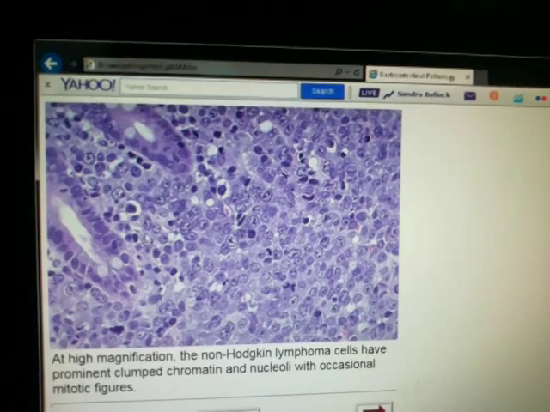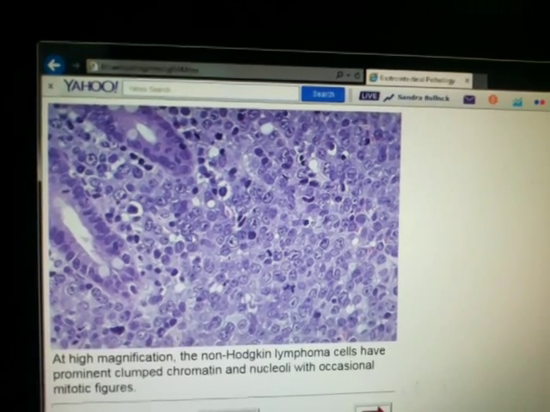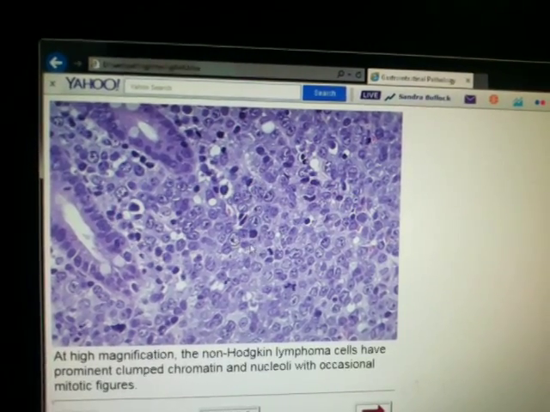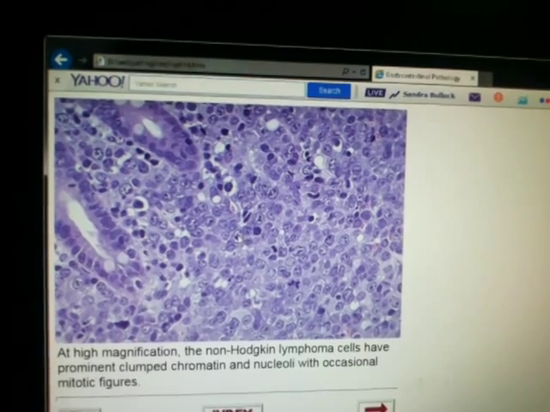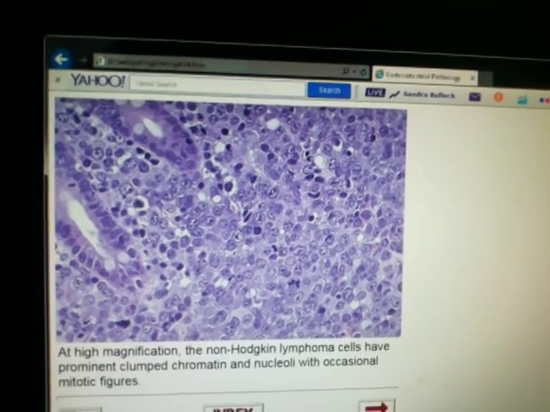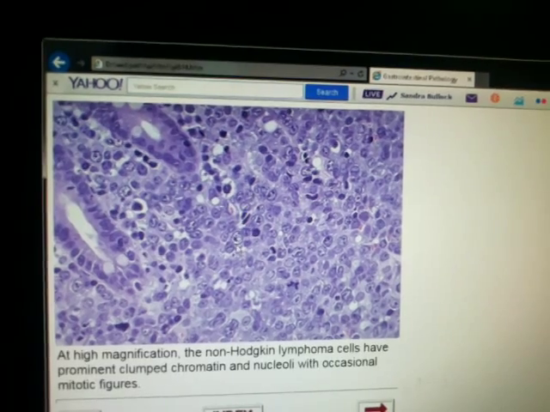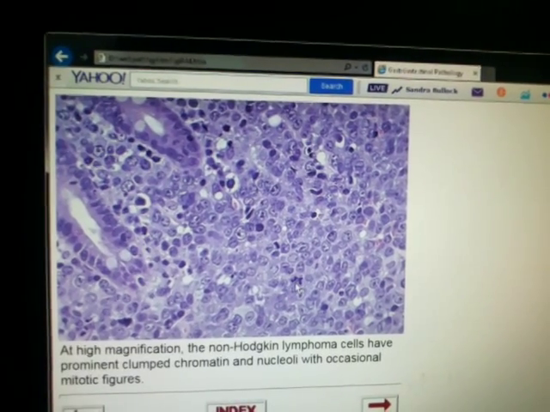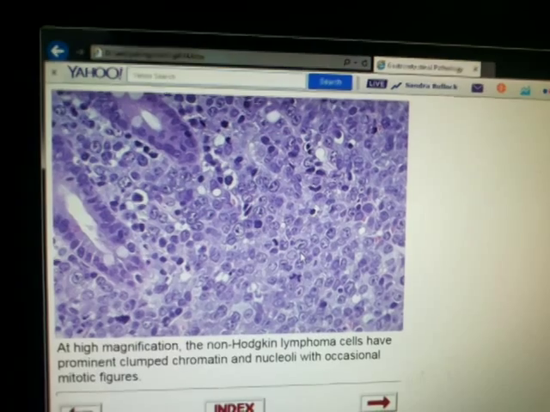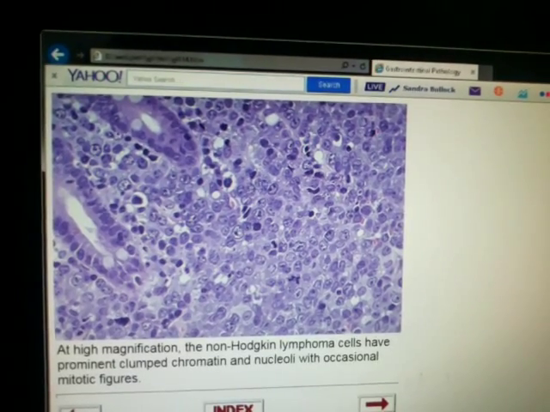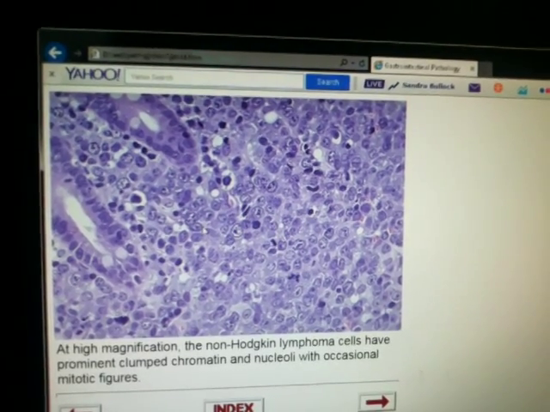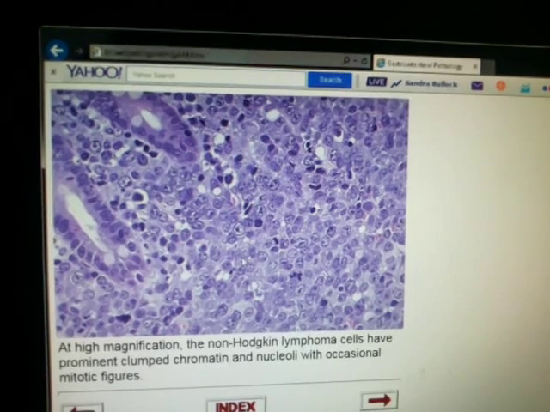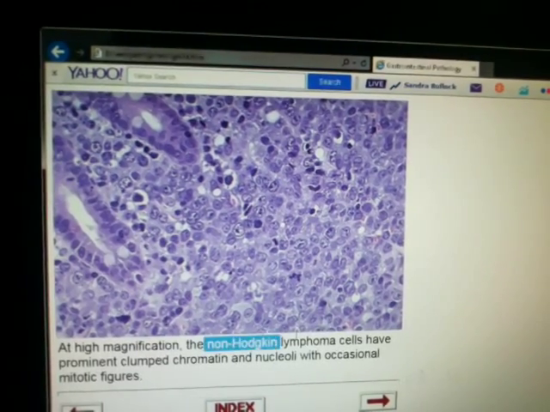This is the higher magnification. We can see that these cells are highly atypical. They are pleomorphic. The cells are variable in size, and some of the cells have prominent nucleoli, and there is also increased mitotic activity. So, as we said, this is an example of intestinal lymphoma, and non-Hodgkin lymphoma is more common than